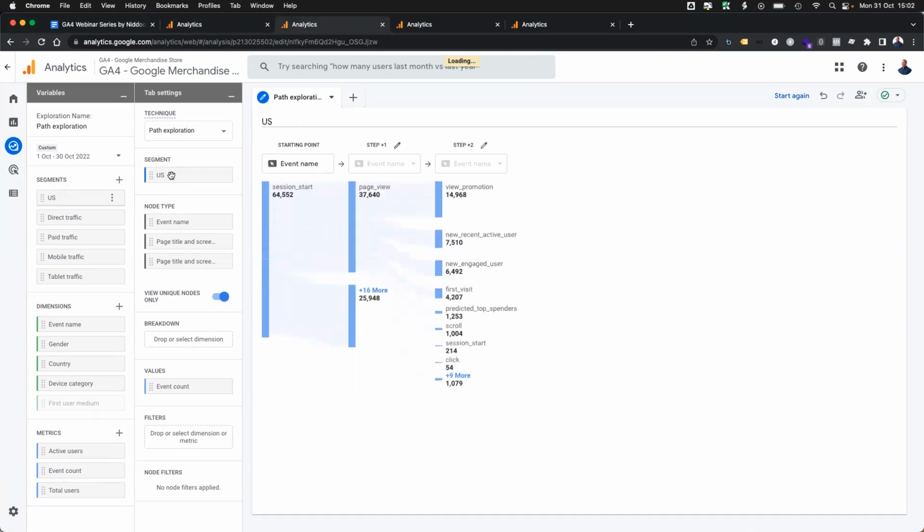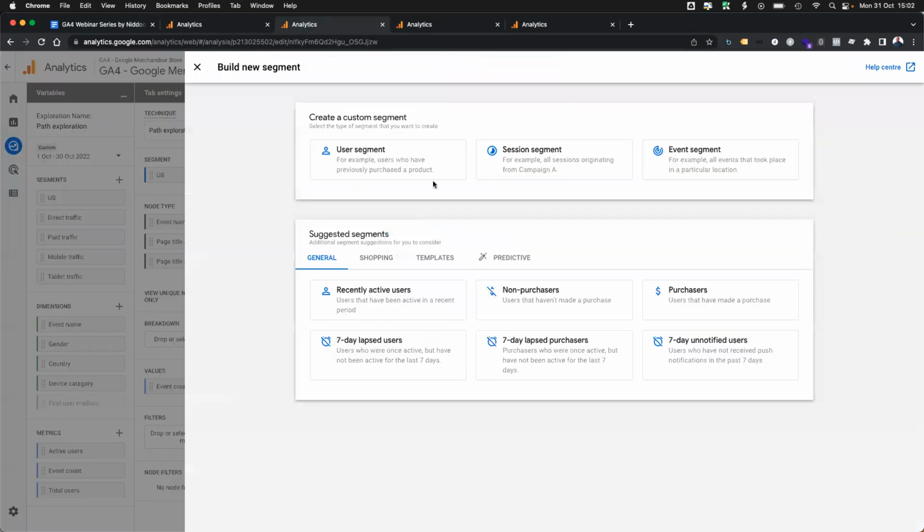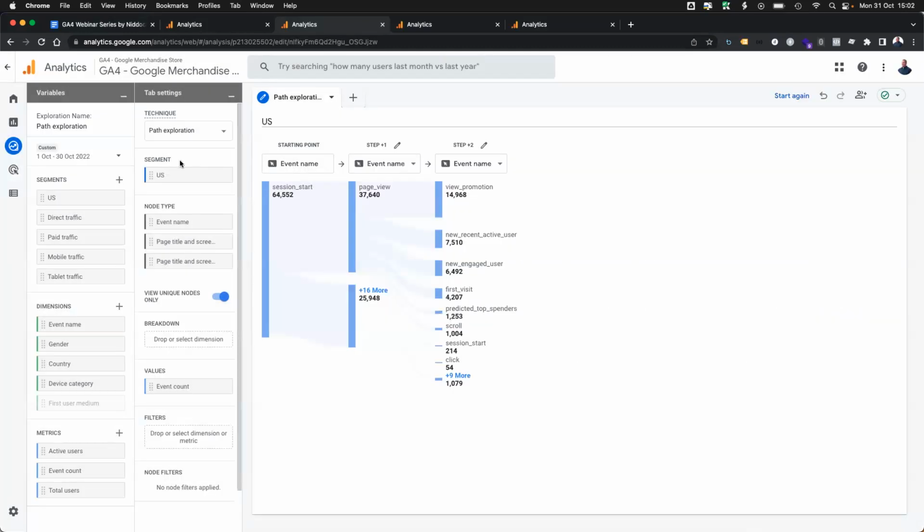In the next session, we'll be going into segments in a lot more detail. And you can see here, if you wanted to build your own segment, we can create a user segment, session segment, or event segment here as well. And there are some templates as well, but more in the next webinar for that one. So here we can see I've applied the US segment. You can see that the starting point here,